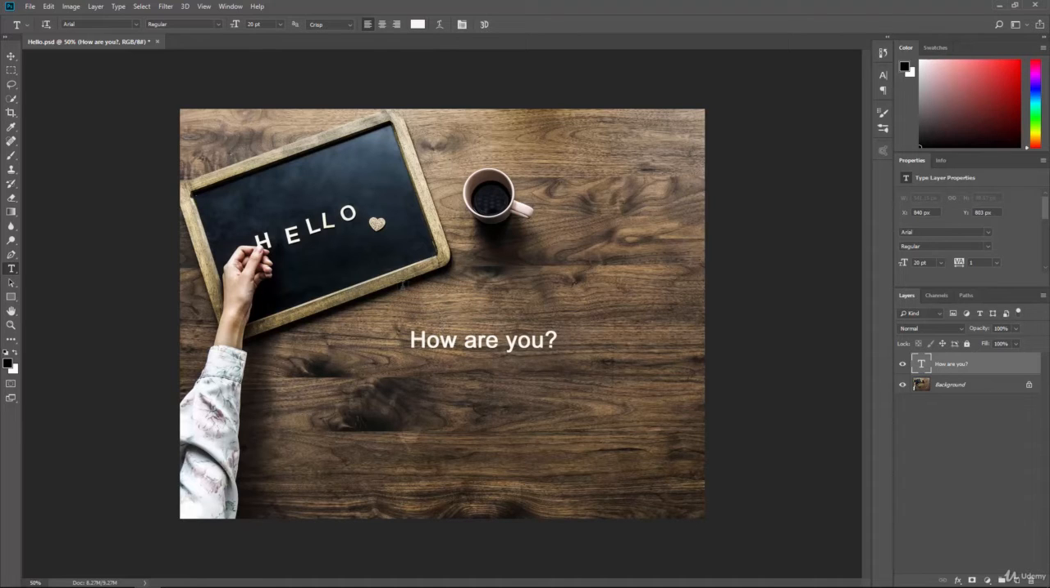So let's take a look at the other options. We can change this from vertical to horizontal type or horizontal to vertical type. If I click on this first button, it's going to make that vertical and go down the page for us. Let me click on the move tool, and I'll just move this out here so it's a little easier to see. So now we have vertical type. I'm going to click on my type tool, and we can click on that button